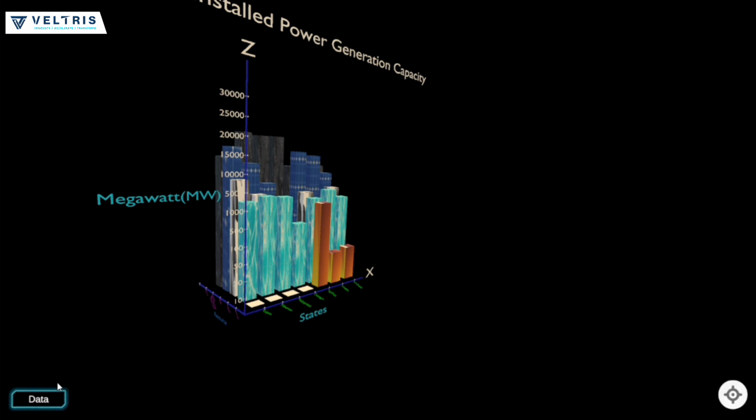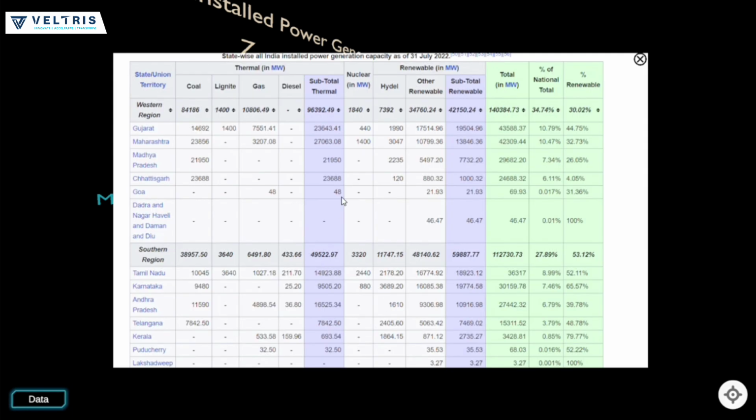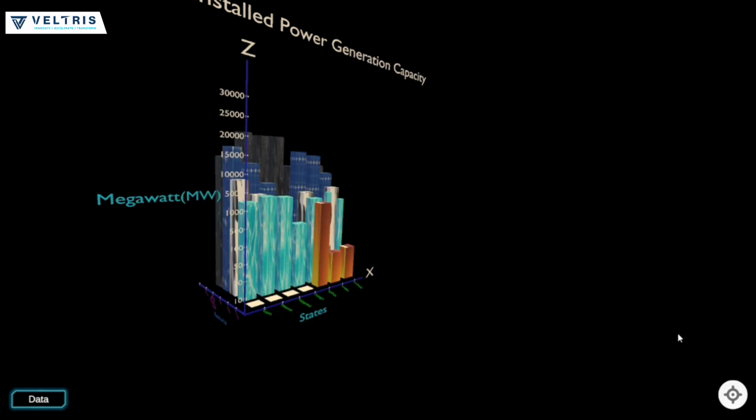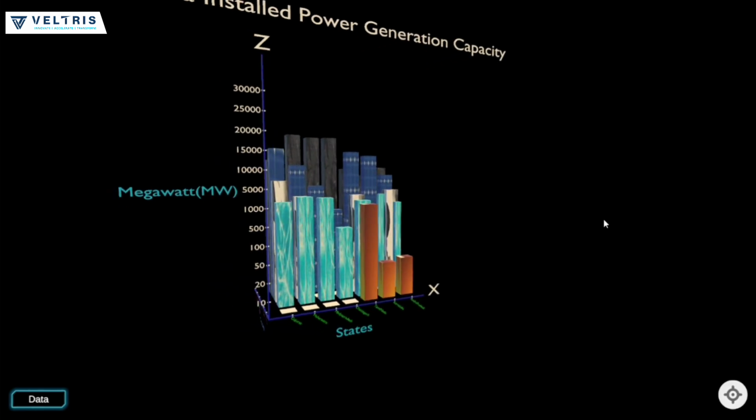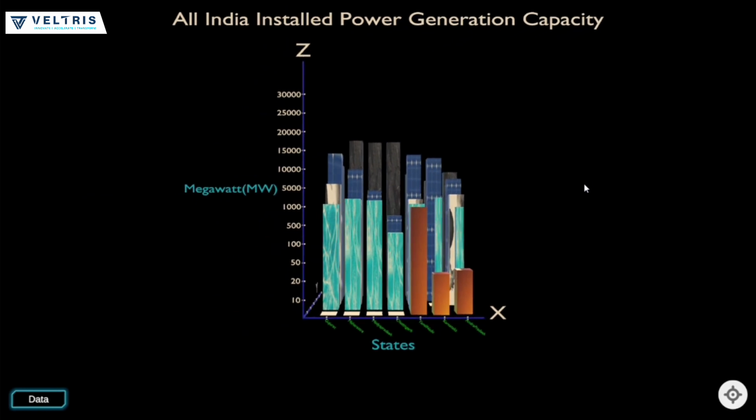Here, when we click on the data button, it shows the chart which is used for this bar chart. Again, coming to the reset button, when we click on this, the model will be reset to the exact same position. And moving further, the next feature of this bar chart is when we hover the mouse on